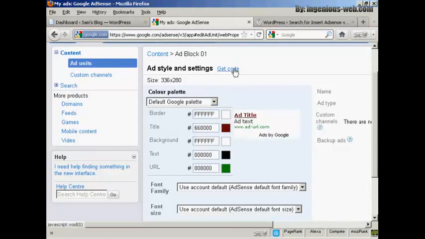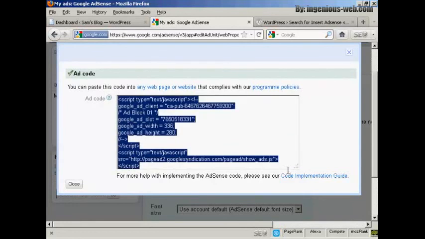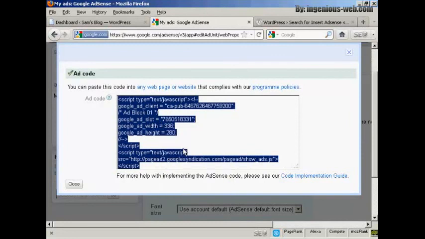So I've done that, so I'm going to click here where it says Get Code, and this is the ad code. So I'm now going to copy that,